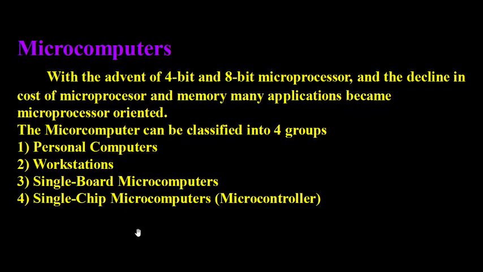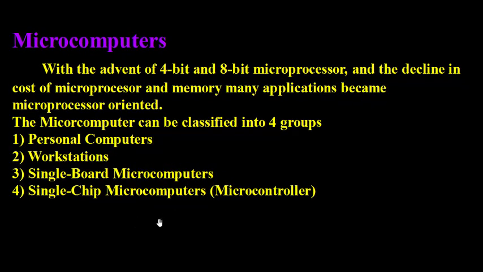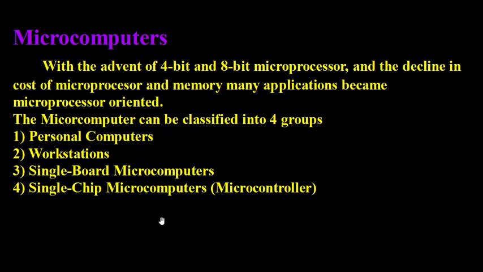Then we have the single chip microcomputer, which is called a microcontroller. The 8051 is one of the microcontrollers manufactured by Intel. The difference between a microprocessor and a microcontroller is that a microcontroller has inbuilt ports, and inbuilt RAM, ROM, timers, etc. These microcontrollers are used in embedded systems. And there are of course many other applications of microcontrollers as well as microprocessors.